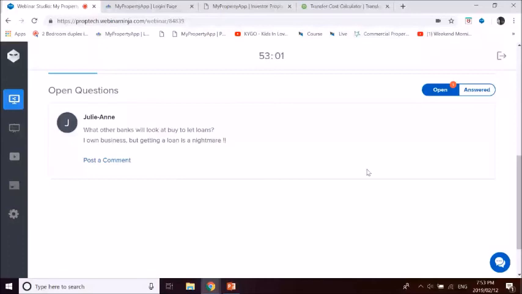So by increasing the amount of the bank's funding in the deal and reducing our cost into the deal, the cash flow, although it's reduced, your return is much higher. So that's where leveraging other people's money can be very powerful. So yes, I would recommend doing a 100% loan as long as the deal can withstand it. As long as the rent is high enough, I recommend it, yes.